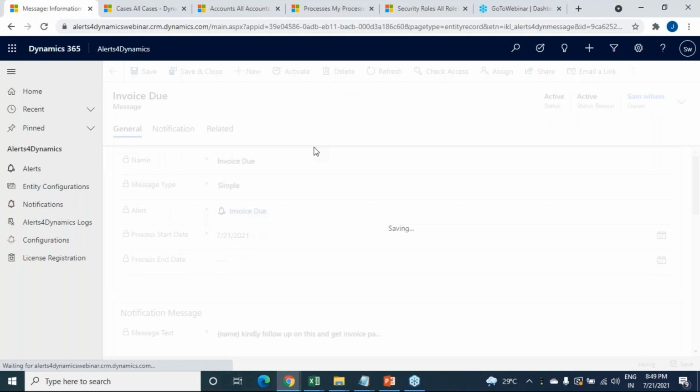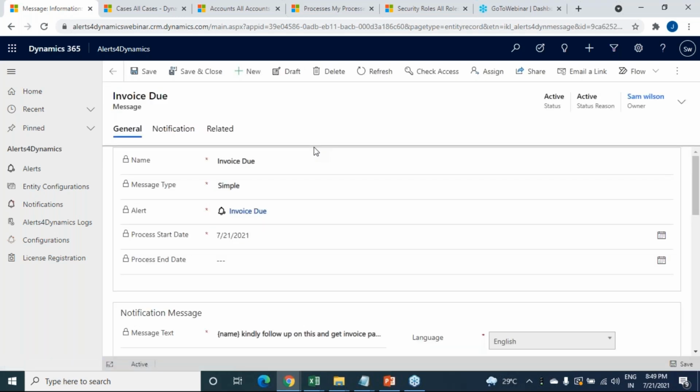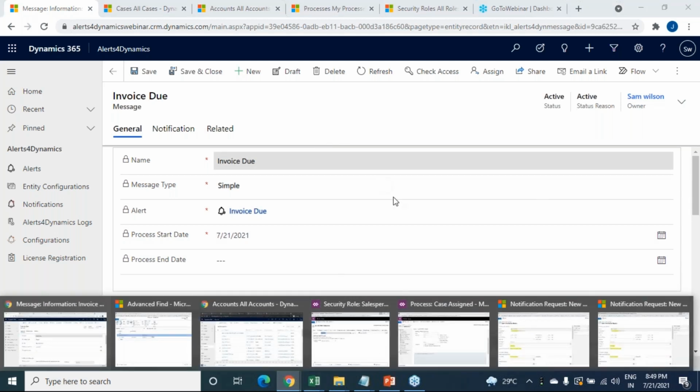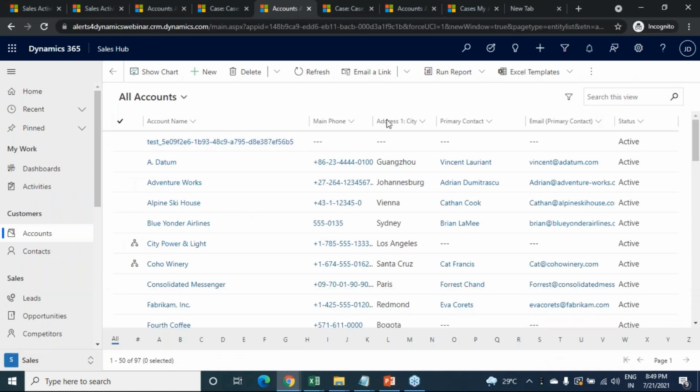Over here, you see John, who has been given a user level role, also a salesperson role. If we go and check in John's account, he should be able to see a new notification indicating which accounts have invoices that are due. He can get into the notification and work on those records accordingly. Let's go and check in John's account whether he can see it or not. Currently there is no new notification for John. If we refresh it, you should be able to see a new notification.